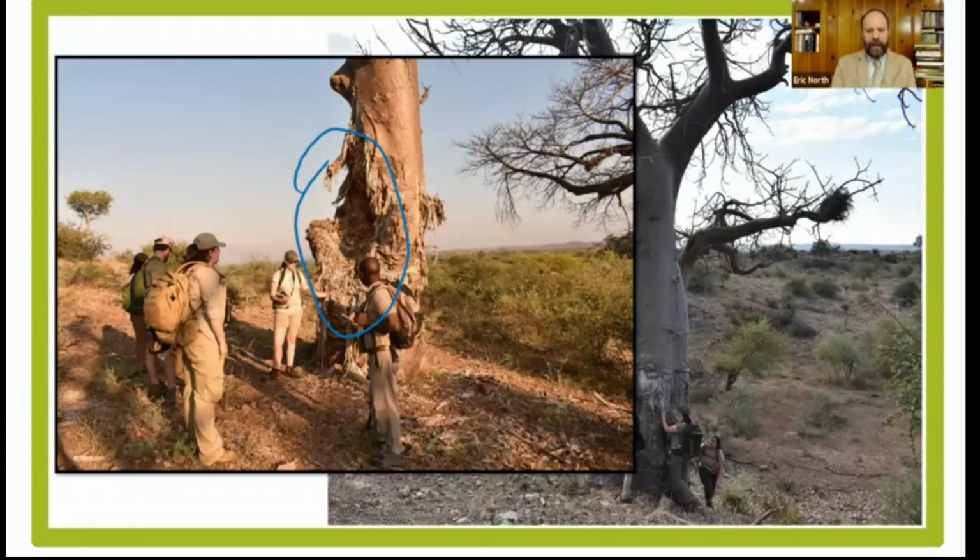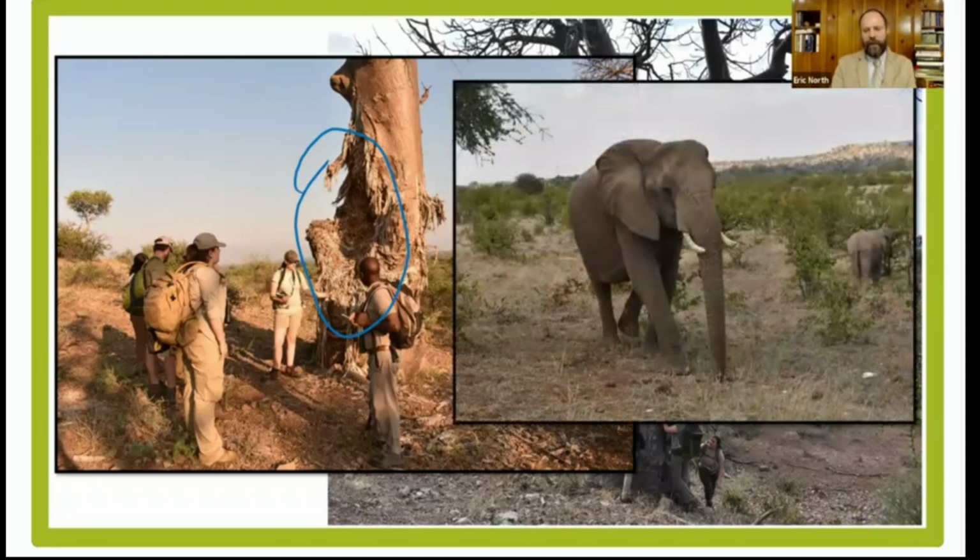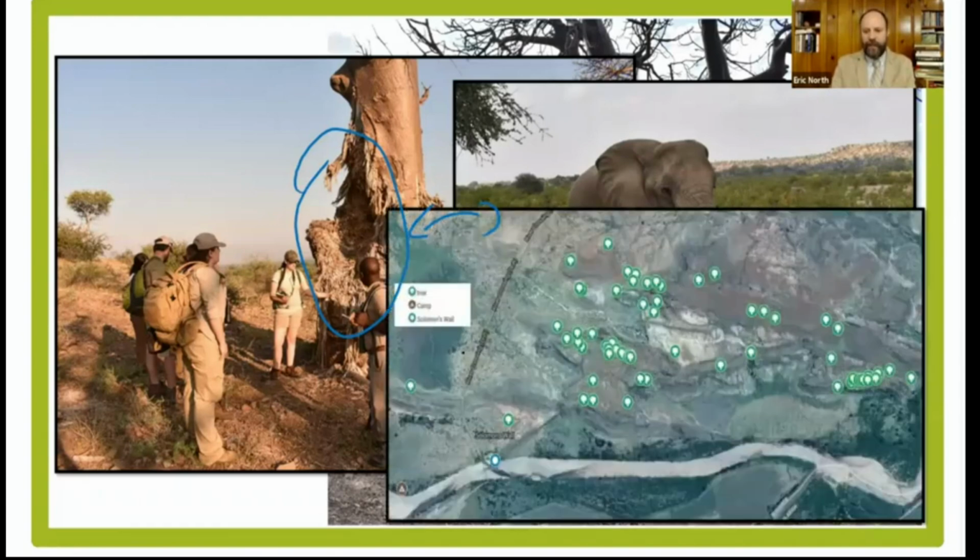And it turns out that elephants are what cause the majority of damage on baobabs. And elephants are also an important conservation piece of wildlife, so there's a conflict between two pieces of wildlife that you want to conserve, and one is causing damage to the other, and how do you manage that? And so what we did was locate 70 different baobabs on this area of the preserve and condition rated